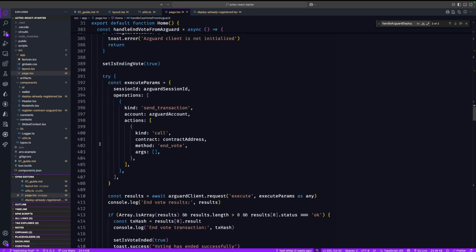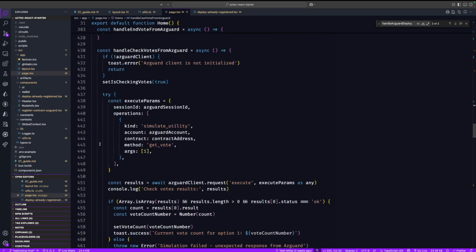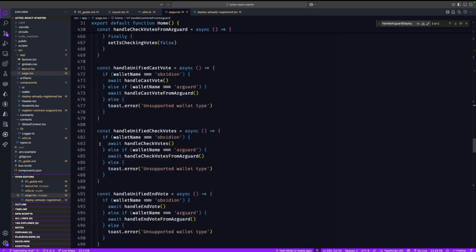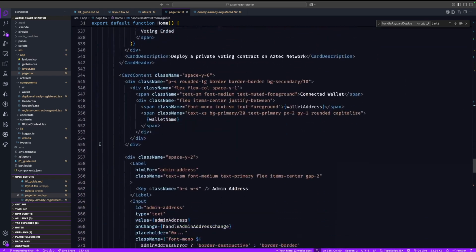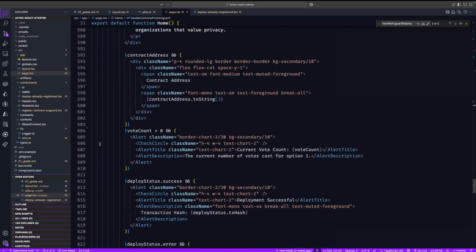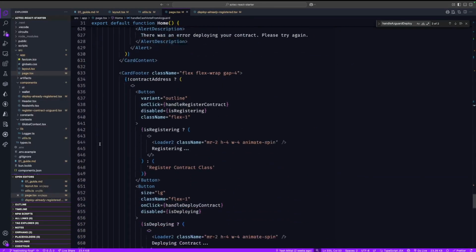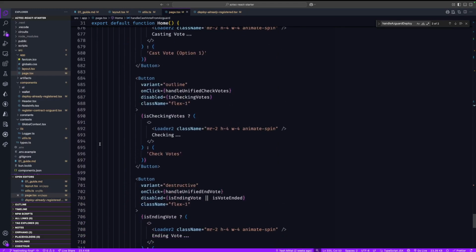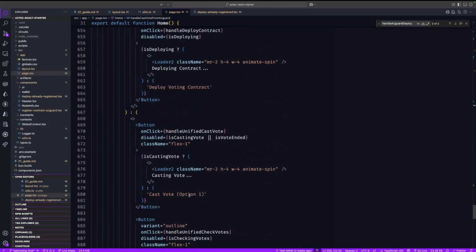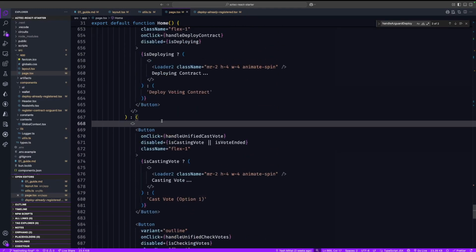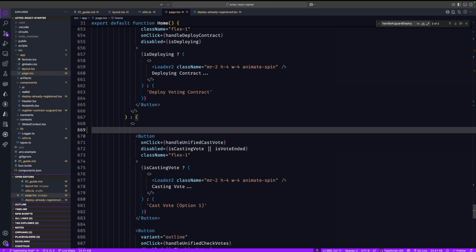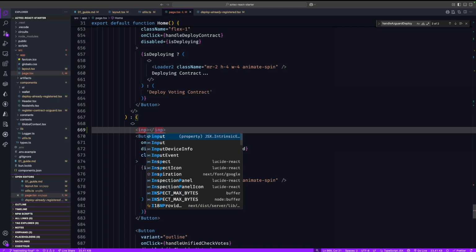And vote from AzGuard. That is fine. Unified and vote. This is voting ended. You'll see cast vote here. Okay, so in terms of the cast vote, we'll just do input